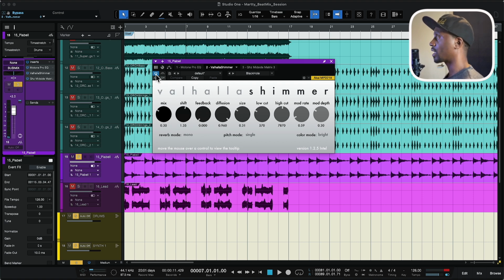And that's what you get. You get that tail end. I just love it. I love that type of sound for it. And the last plugin that we're going to look at is